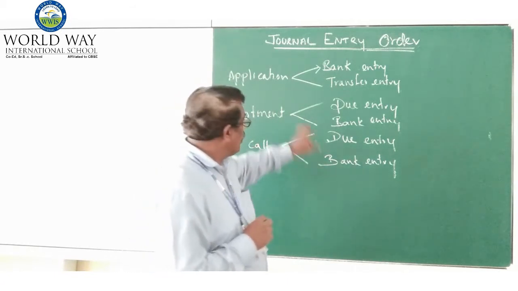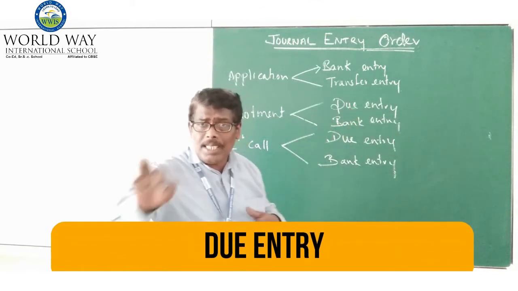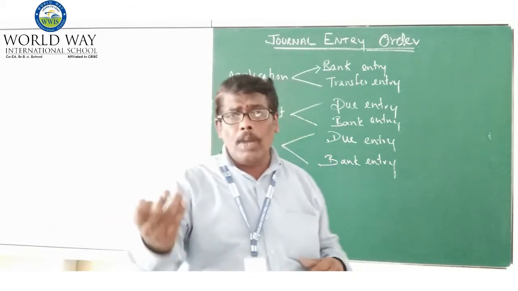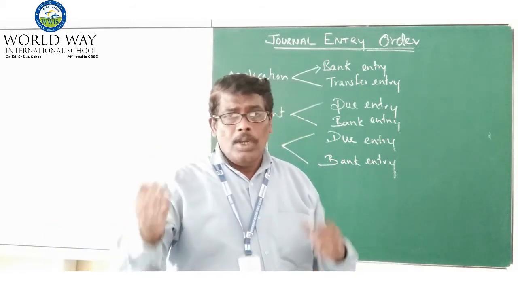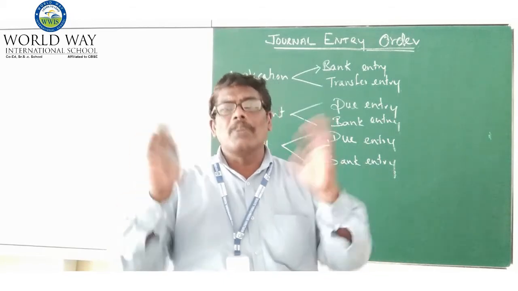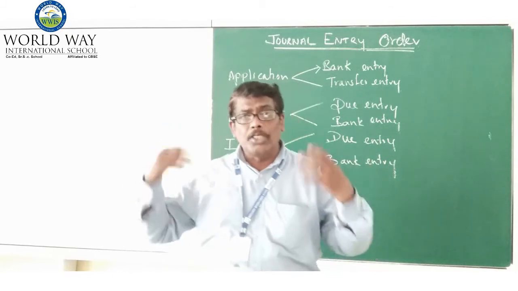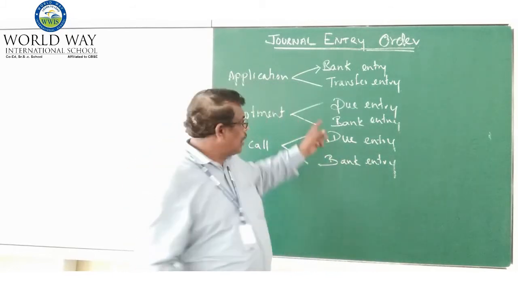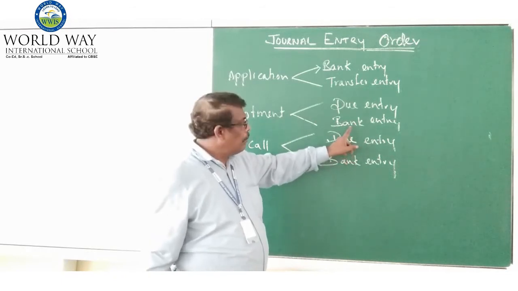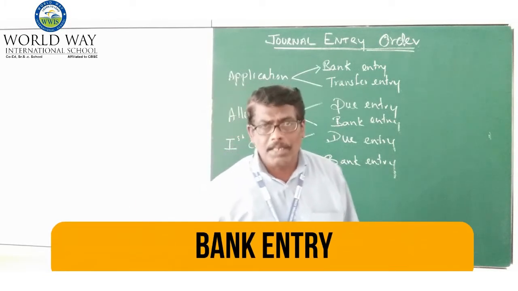Before this, the company has to pass the due entry, because the company knows that this much amount is going to come from the holder, because we are going to allot shares. So it is decided, it means this much amount has to be received from the particular person. So the company generates the due entry prior. That's why the due entry comes first, and as soon as the money is received, the bank entry will come, because the bank is the receiver.